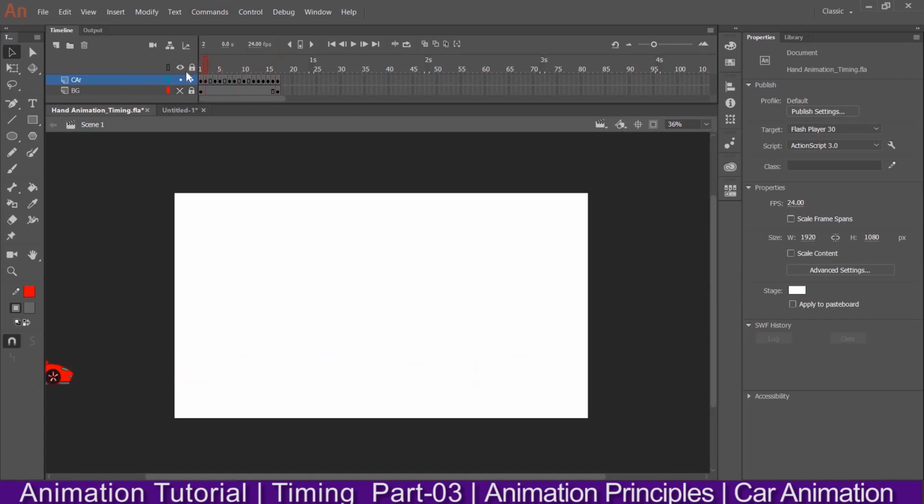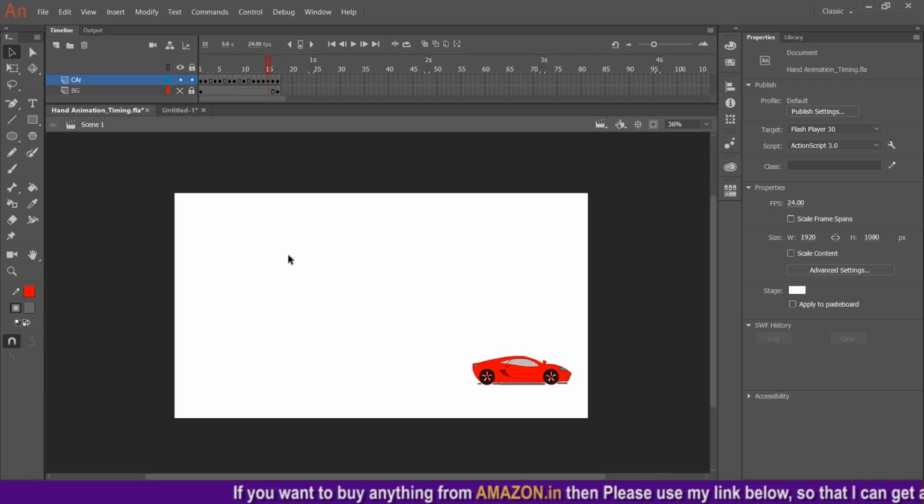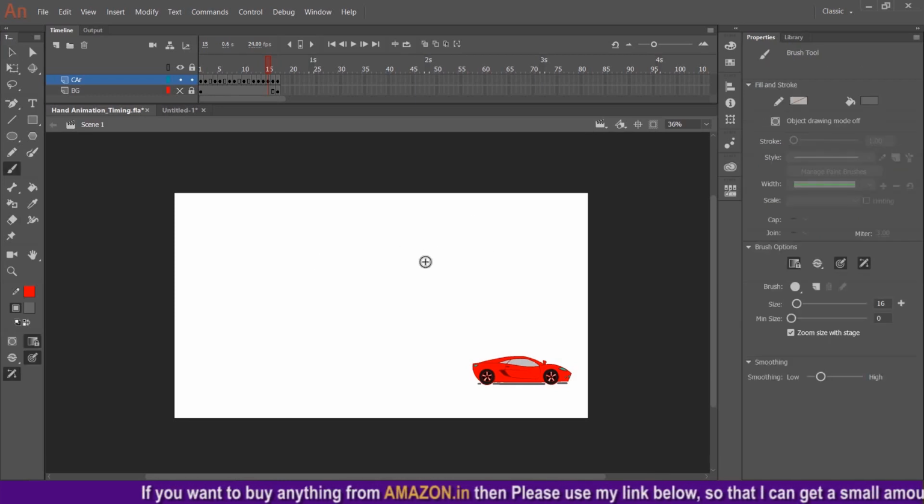So this is the speed you can see, but this is not looking real. Why? Because it is going to halt in a very simple form, like it is going and getting halted. It's not like that. The car should go a little forward, then backward, and only then will the settle happen. Forward, backward and a little front in between. Means how? I'll show it to you by graph.